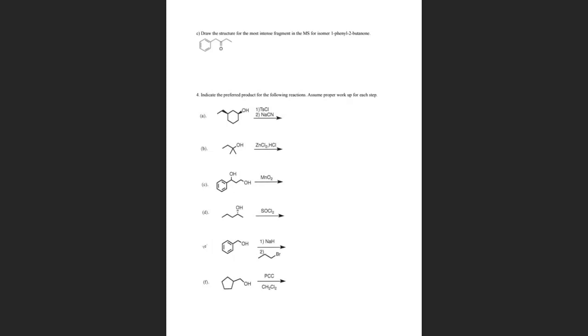For A, an alcohol with tosyl chloride and NaCN, what do you think is the result of that alcohol with tosyl chloride? OTS, great leaving group. Okay, perfect. So let me try and draw this. OTS. Okay, and then when OTS reacts with NaCN,